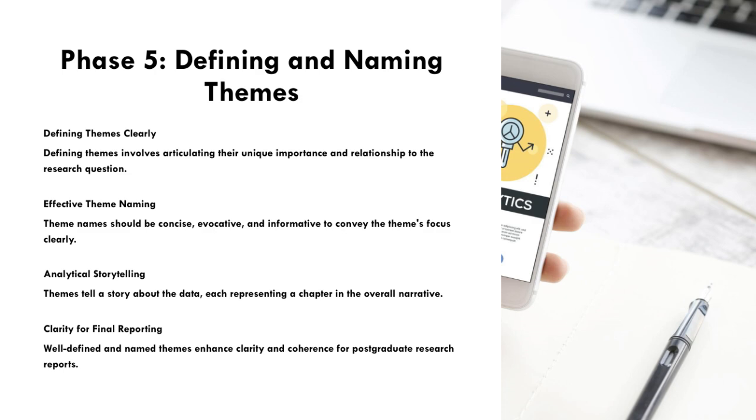When it comes to naming themes, this is a crucial part of the analysis. Theme names need to be concise yet evocative, providing an informative snapshot of what the theme is about. Names that are too vague or overly detailed can dilute the impact of your findings. Braun and Clarke suggest thinking of themes as chapters in a story that the data tells, each one contributing to